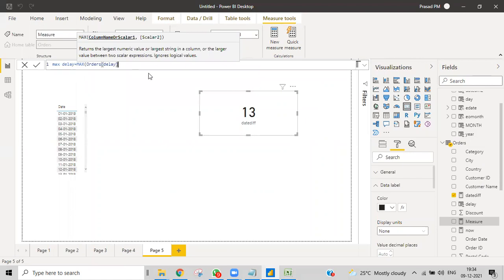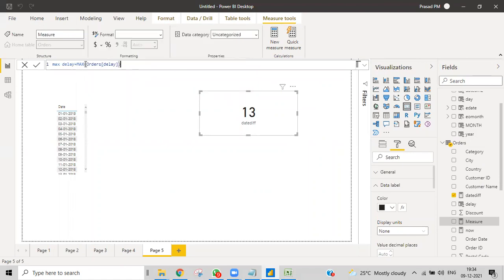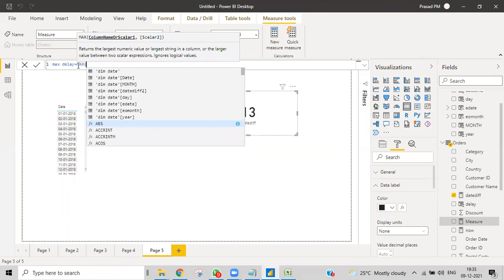In the measure, I'm trying to use this column. You can see till now I didn't use a column over here because here we used an aggregate function. That is why we are able to use the orders delay. If I delete this, then obviously you can't get that delay. So right now you check for delay. No, you can't find that because directly you can't use a column in a measure. That is the rule. Obviously from the first day I'm telling you, some aggregation or some functions, and in that only you can use. So you need to understand where we can use what kind of things.